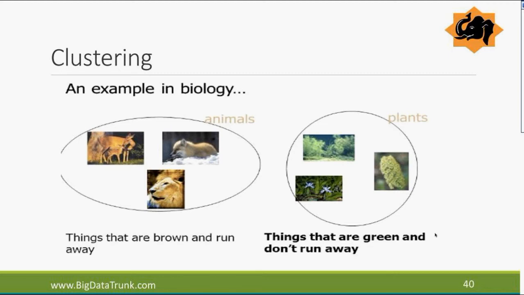And they just saw two kinds of patterns. One, there are things which are brown and run away, right? Depending on, and they classify that as animals. And depending on what kind of animal, if it is a lion, it's running towards you. If it's a deer, probably running away from you. But they ran away, right? Some form of shape. Then there are things which are green and they don't run away. If you cut them, you do anything to them, poor thing, they're going to be right there. So that's what they observed and they found out animals and plants.